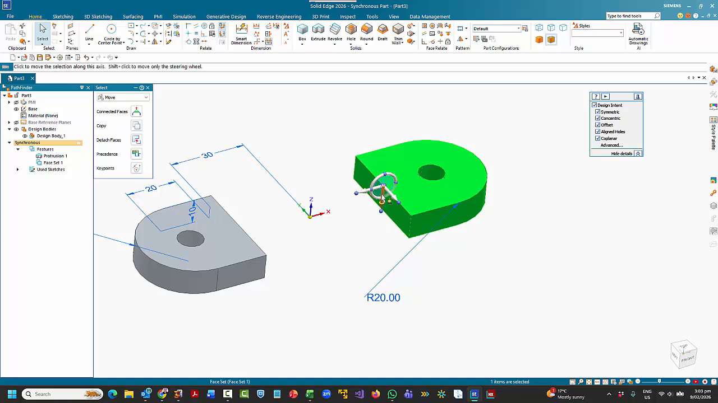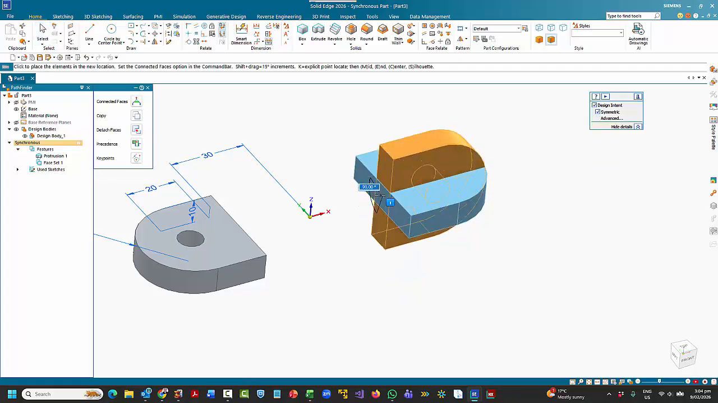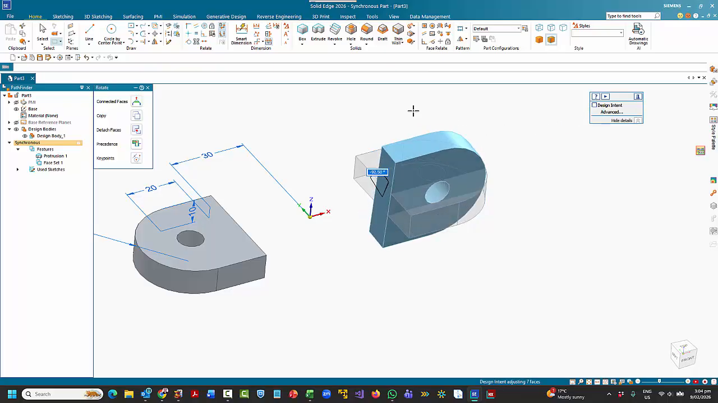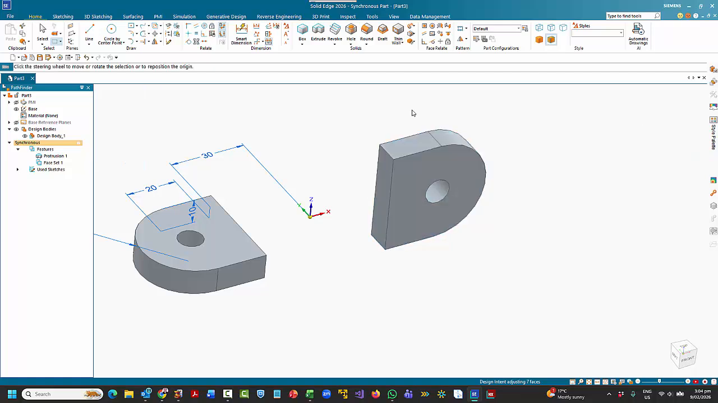Holding the shift key down, I can drag this down to an offset of 5 mil halfway down and click in here. And again, I want to rotate it, so I will pick on the control pane, and then I can rotate this around, turning off the design intent. I can turn that 90 degrees,